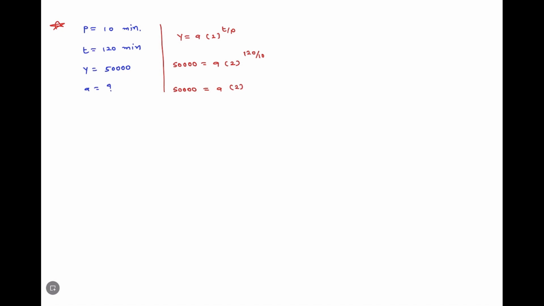120 divided by 10 is equal to 12, and 2 raised to 12 is equal to 4096. So we can write A = 50,000 divided by 4096. So here we can write A